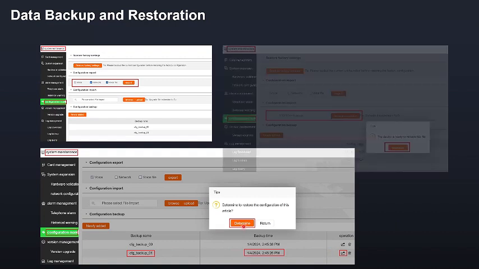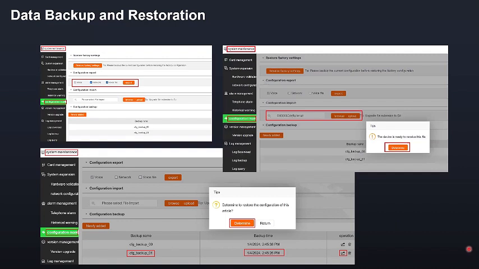You can also import the configuration file. You can have your own file or own copy for that. Go to the system maintenance configuration maintenance page and import the configuration file from your PC.